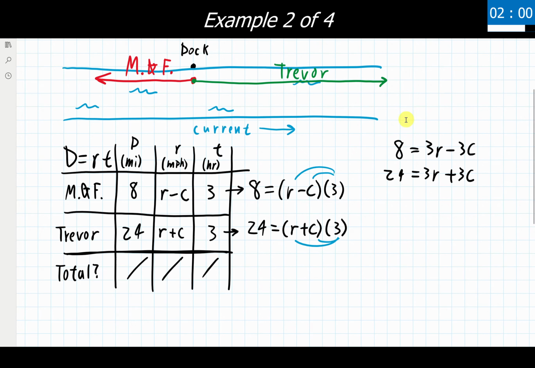Now I have a system of equations, and I can go through and solve this using any method that I want. I'm going to solve it out for r and c using the elimination method, because I'm noting that the c values have additive inverse coefficients in front of them. One is a -3, one is a +3, so that sets it up really nice to use the elimination method here. But again, you could use the substitution method if you wanted to. Let's go ahead and solve this thing out for our answer now.